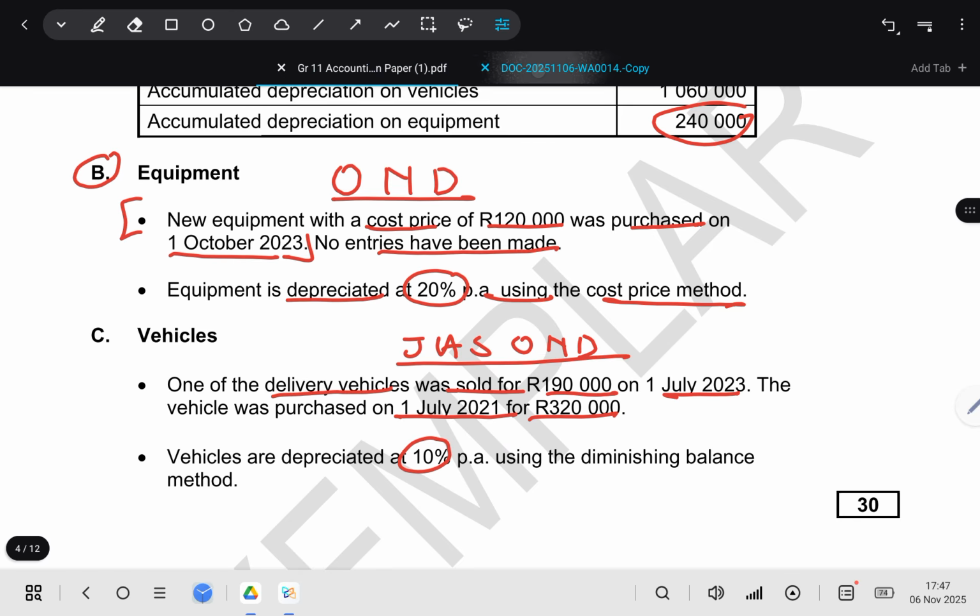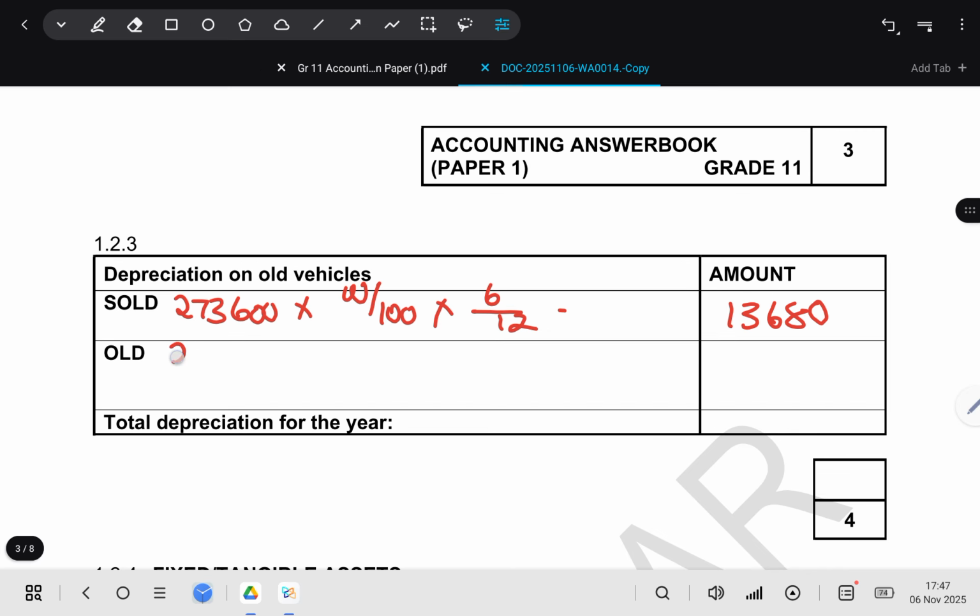So to calculate our depreciation, we're going to say 2,680,000 minus 320,000. Remember, we need to deal with the cost price, right? So this is the cost price first. So 2,680,000 minus 320,000, it gives us